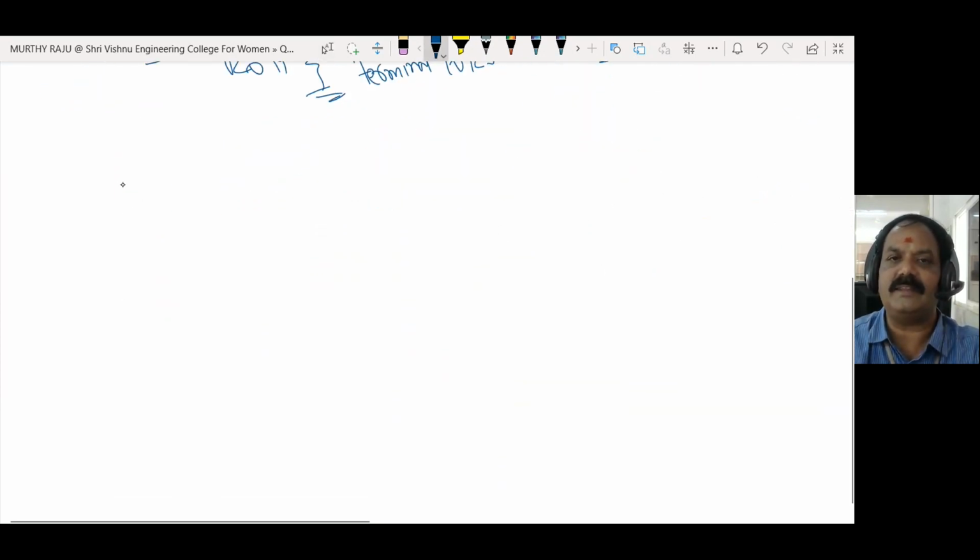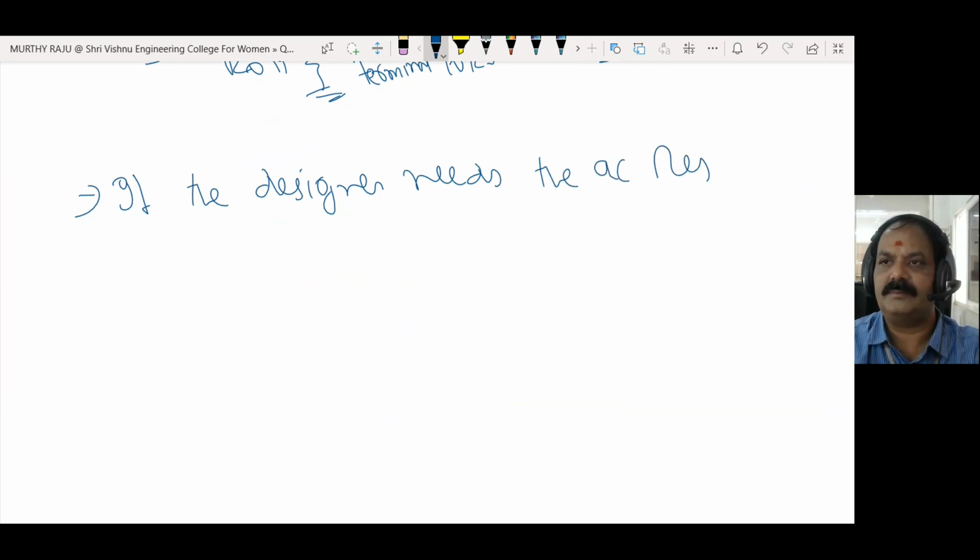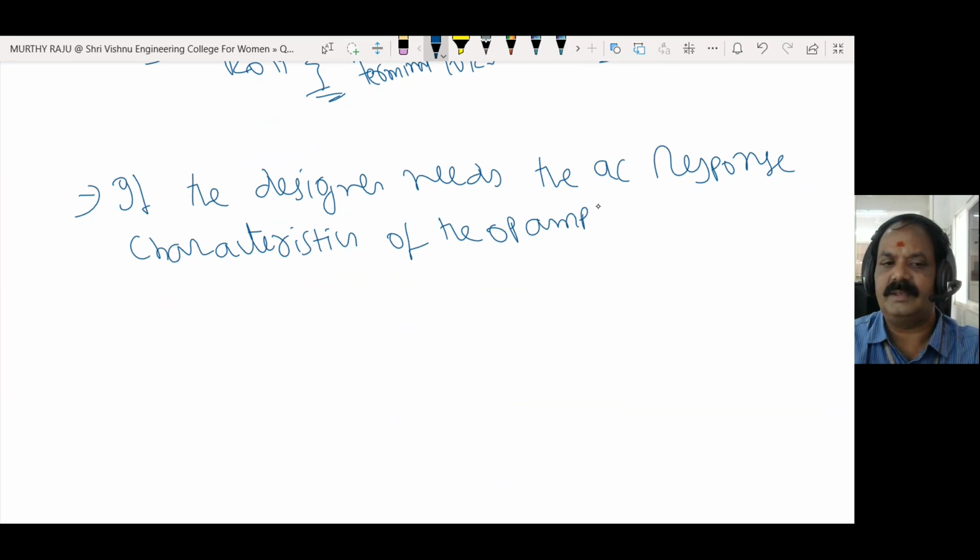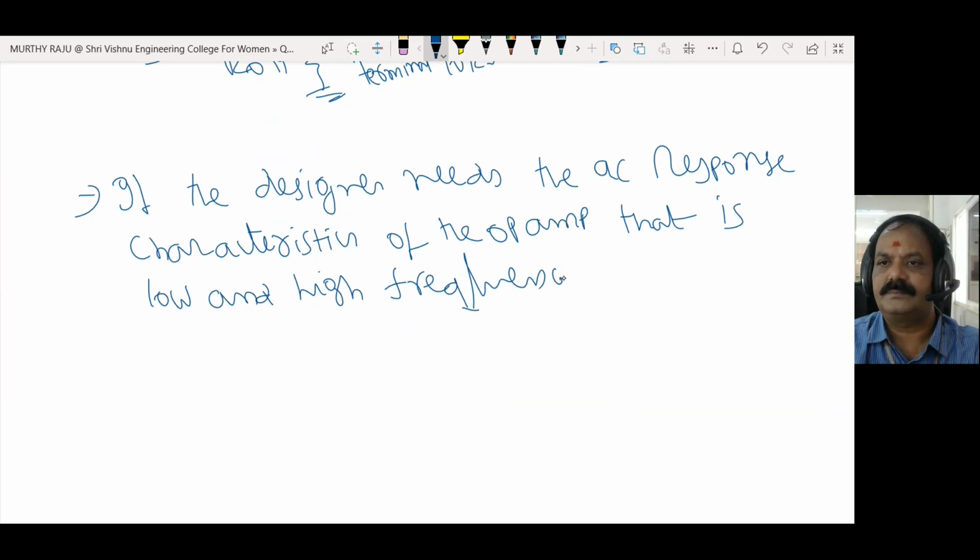Generally, if the designer needs the AC response characteristics of the op-amp, that is, the low and high frequency limits, FL and FH,